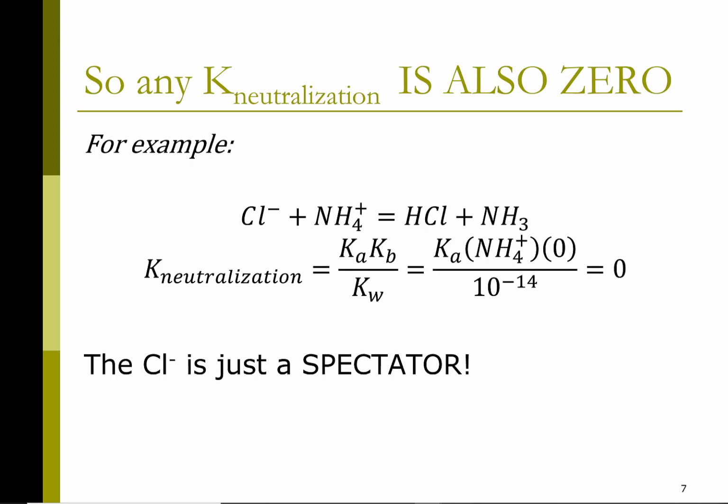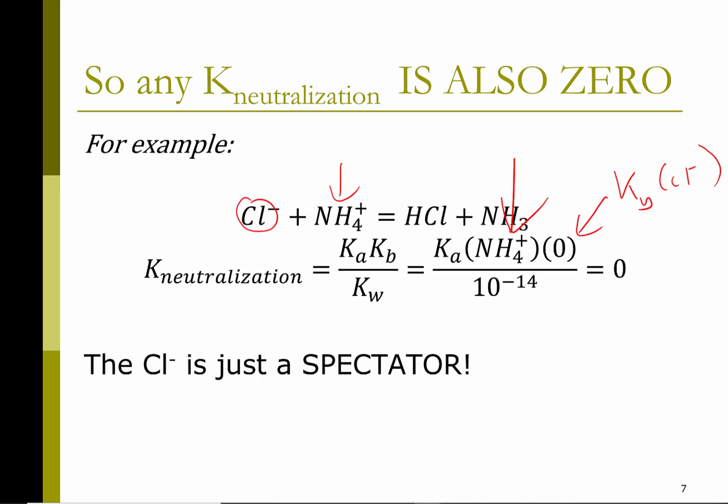Because no matter what I add to chloride, so chloride as the base, plug in really any acid you want, the K neutralization for that reaction, as always, is the Ka of the acid times the Kb of the base divided by Kw. But the Kb of chloride being essentially 0 means no matter what I use as the acid, the K neutralization is going to be 0. And so chloride is a classic spectator. That is one of several reasons why chloride is a spectator,